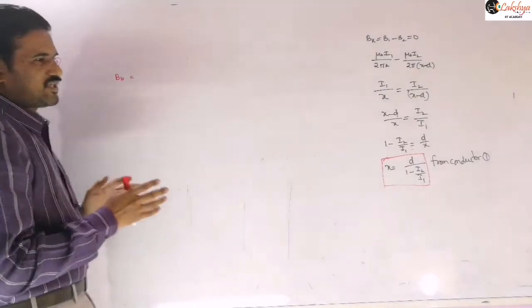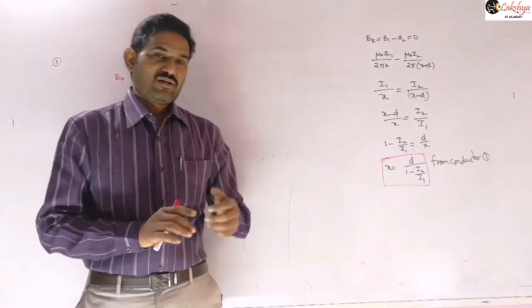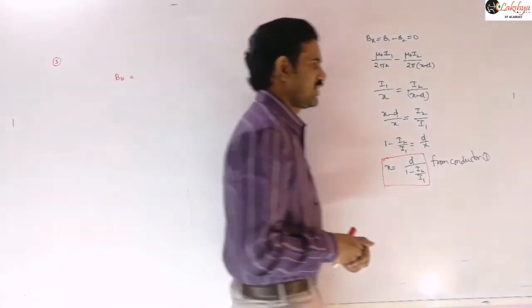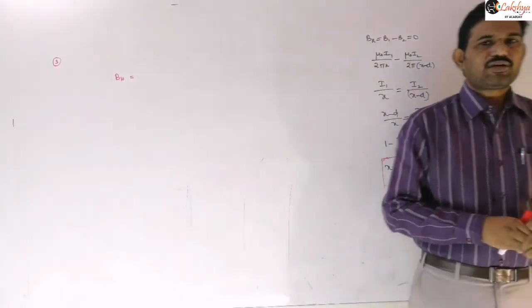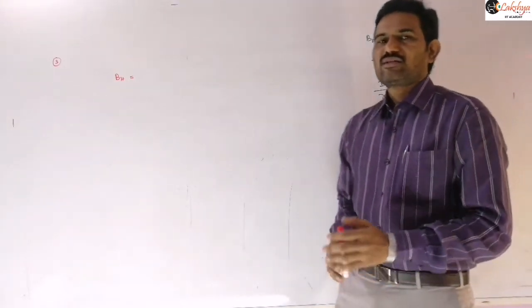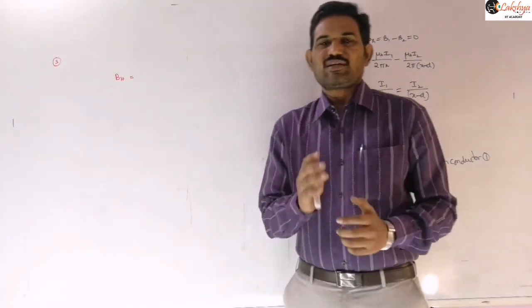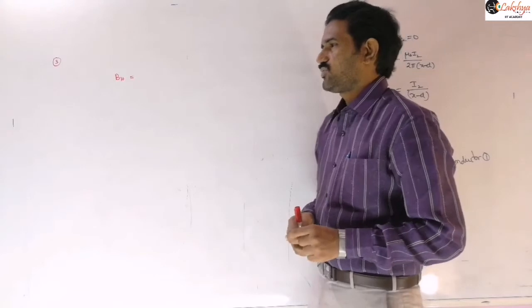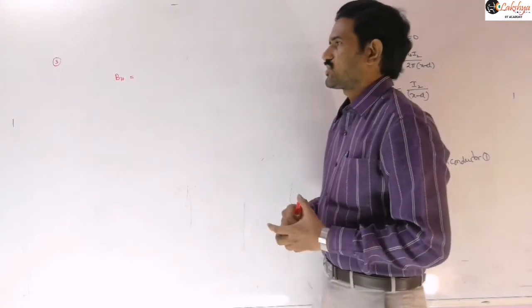In this, generally they won't discuss the vertical component of the magnetic field. The vertical component of the magnetic field is not considered. We consider only the horizontal component here. So we are discussing only the horizontal component of this magnetic field. Just to mention that.